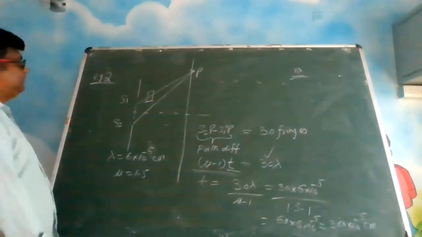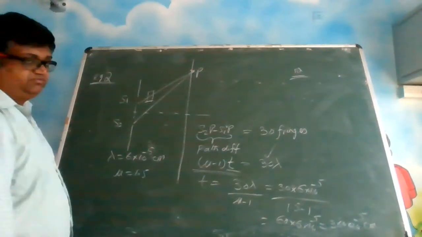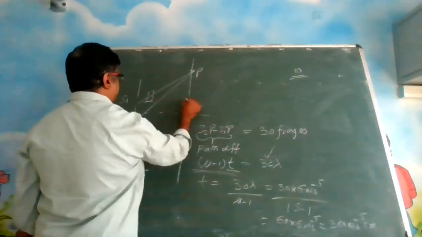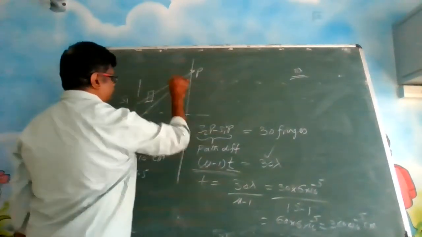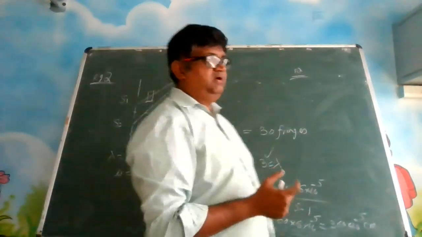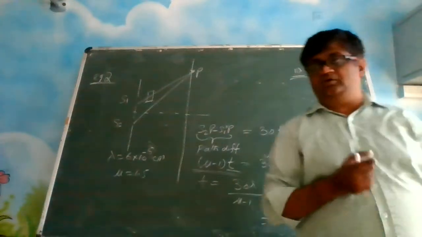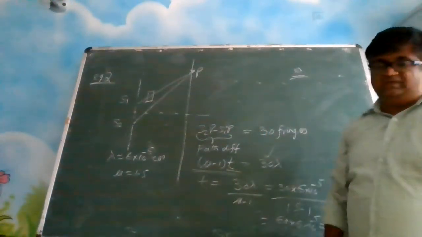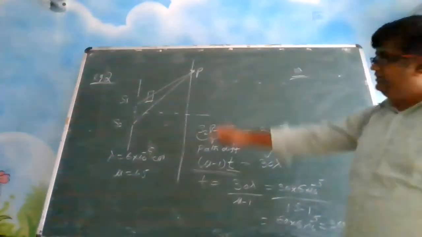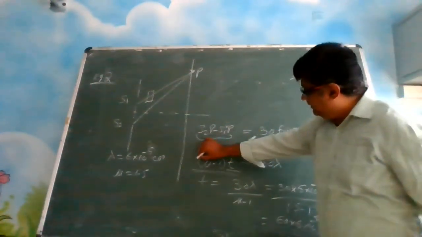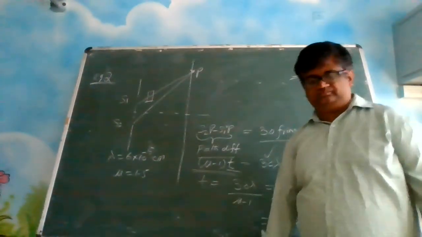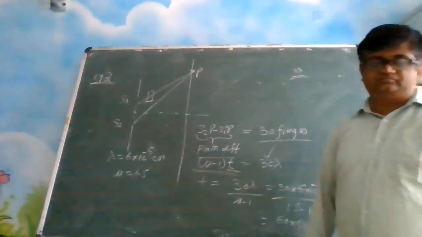So these two types of questions we have seen. In the second question, they are talking about the path difference between S1P and S2P. In the question, you should be able to identify the data, whether he is talking about the path difference or about the shift. If shift is talked about, do it like the earlier question. If path difference is talked about, you have to directly equate the path difference to how many fringes it got shifted. It got shifted here by 30 fringes.